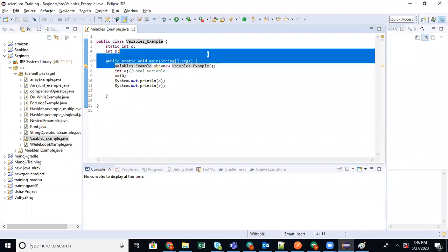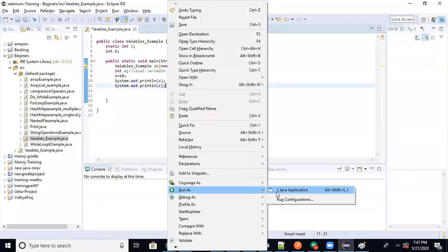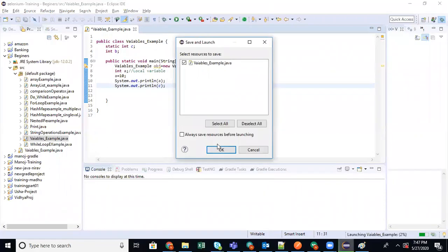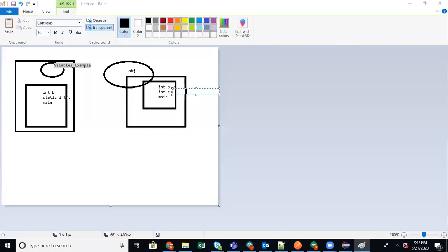This is the first statement done. Second statement, int a, this will die here. Next is sys of c. So you did not call b, and you did not assign a value to b, so the default value will be assigned for you. Okay. So you have just called a and c. Okay, c is again initialized.